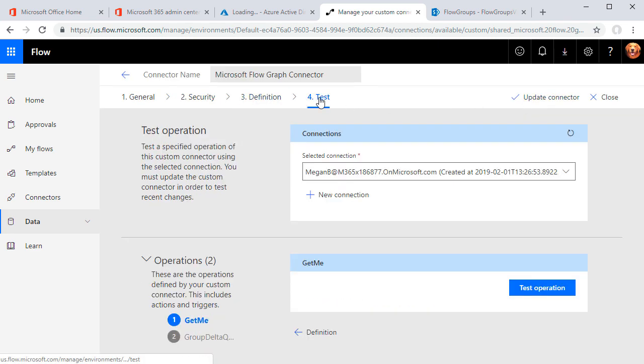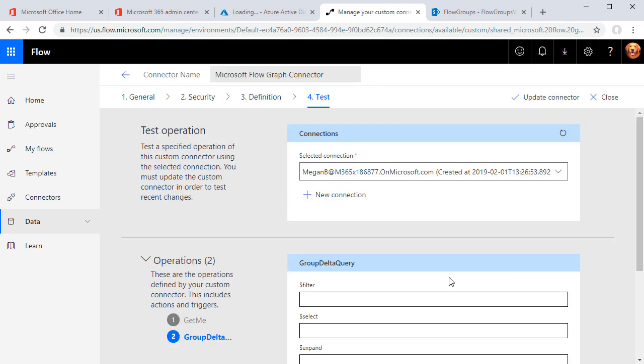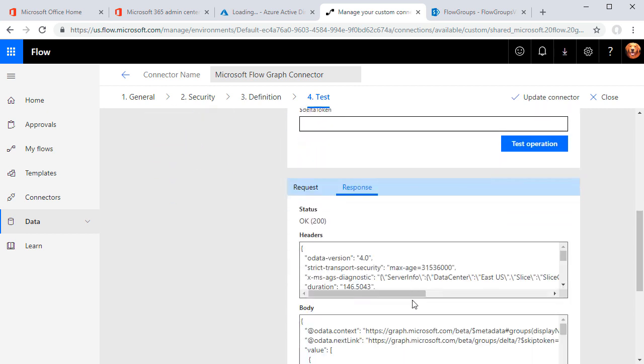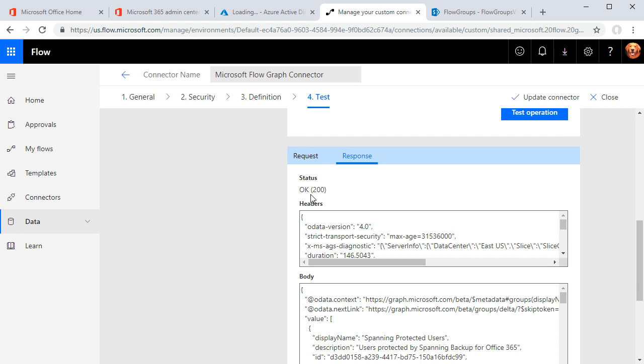and return to the test page. Choose your group delta query, and you'll notice that we now have all of our 5 parameters. I'm going to paste in my filter, remembering to put quotes around the group ID. Select gets display name, and expand gets members. Test the operation, and you should get back a 200 response